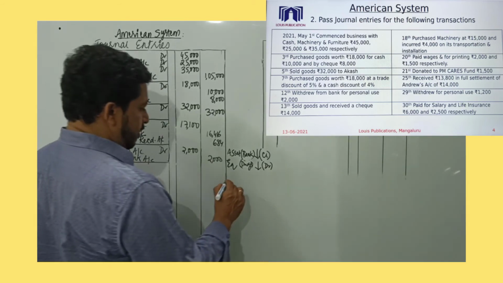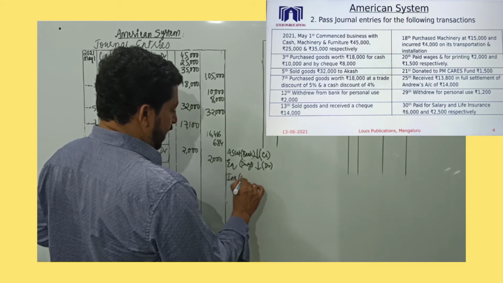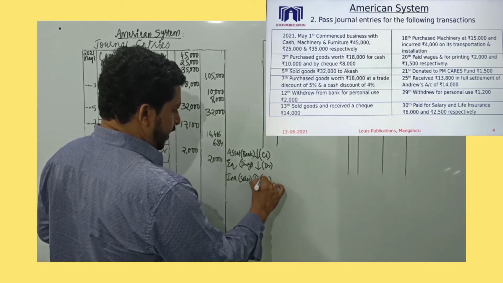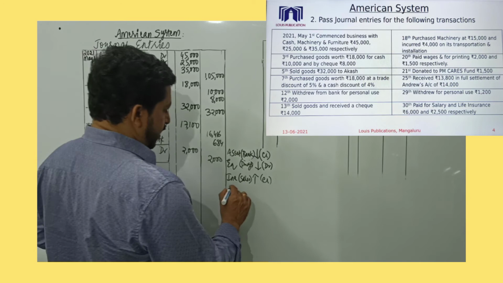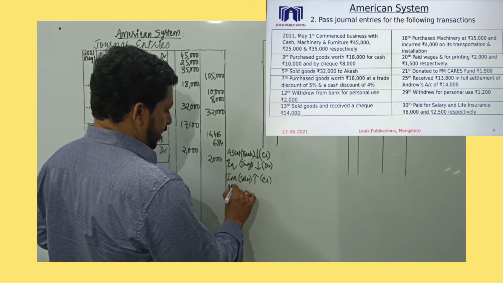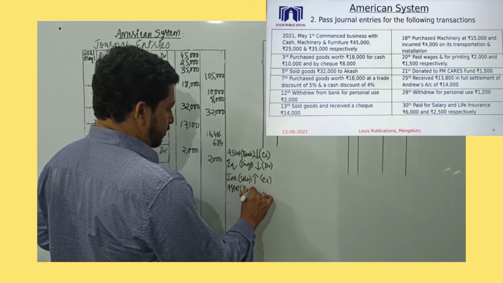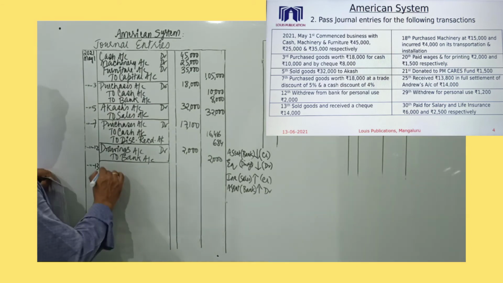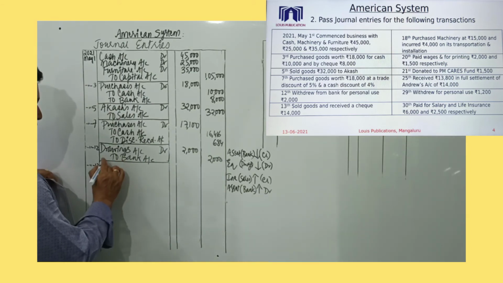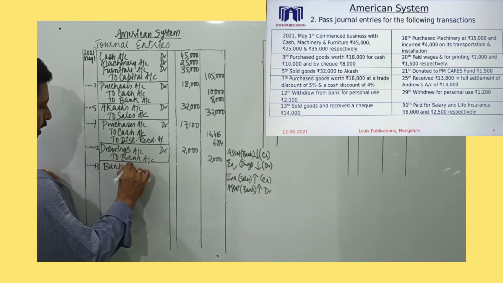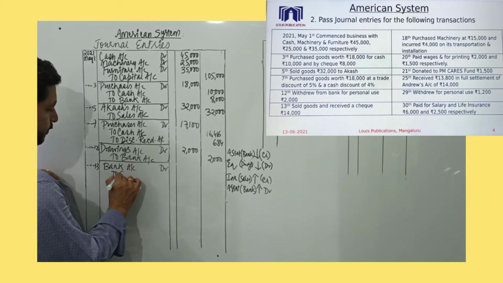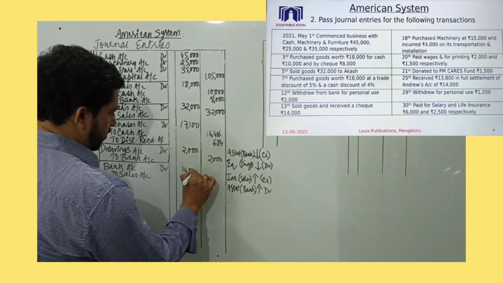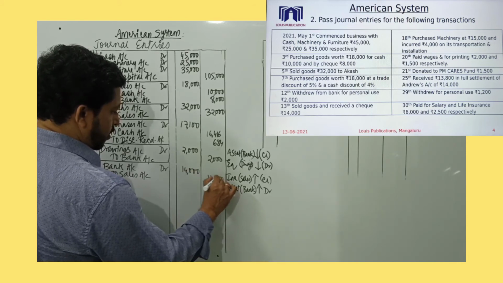Sold goods and received a check. So we have income. Name of the account is sales. And sales value increases. Income value increases means it's a credit. And we have been given a check. Check means bank. So that's an asset. Name of the account I write bank. So bank balance will increase, and increase in asset is a debit. So the entry will be bank account debited to sales account. Amount is 14,000. Bank account debited to sales account is 14,000.